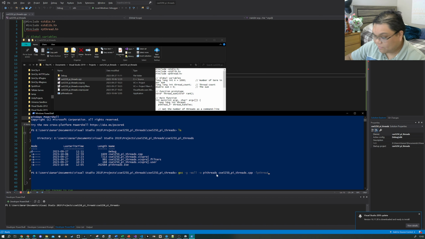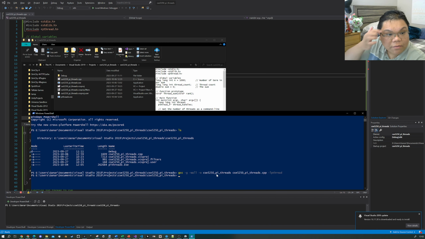I have this set up so it gives me a different file name from the source code file, but for consistency's sake, I'll just have the name of the executable and the name of the source code file be the same, except for the file extension. So I press that, and now we have